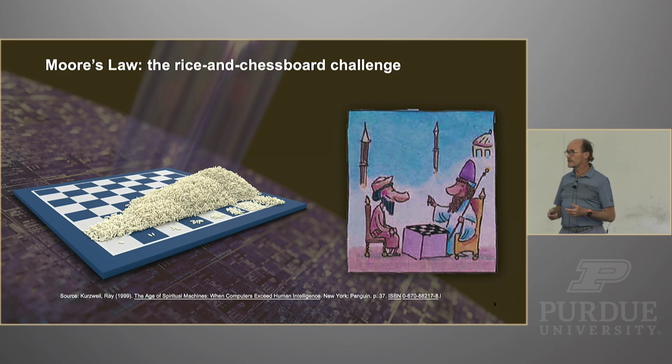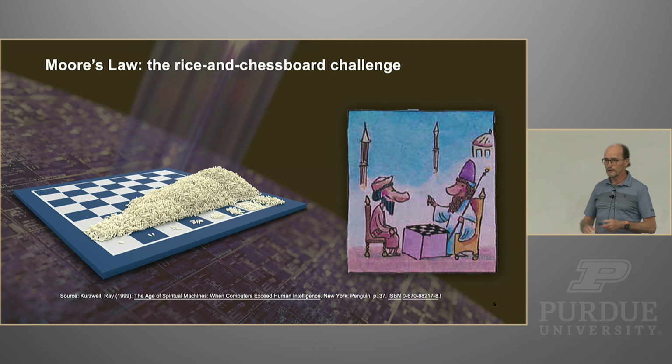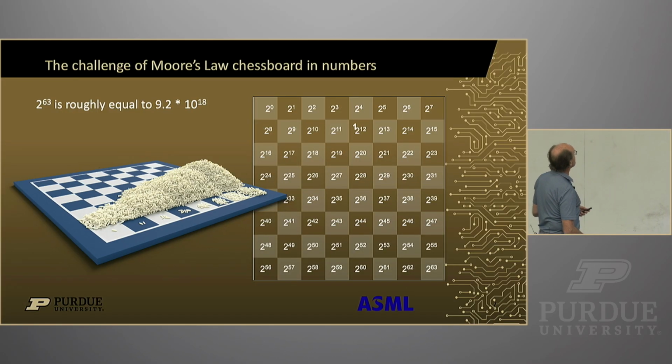For this presentation, I'm comparing it to the old story about the person who had helped the king, and the king said, ask for anything you want. And the person said, give me 1 kernel of rice on the first square of a chessboard, and give me 2 on the next one, and 4 on the next one, and double it. Would you be willing to do that? Oh yeah, easy, thank you. Well, obviously that king was not very good at his math, because he very quickly ran out of rice.